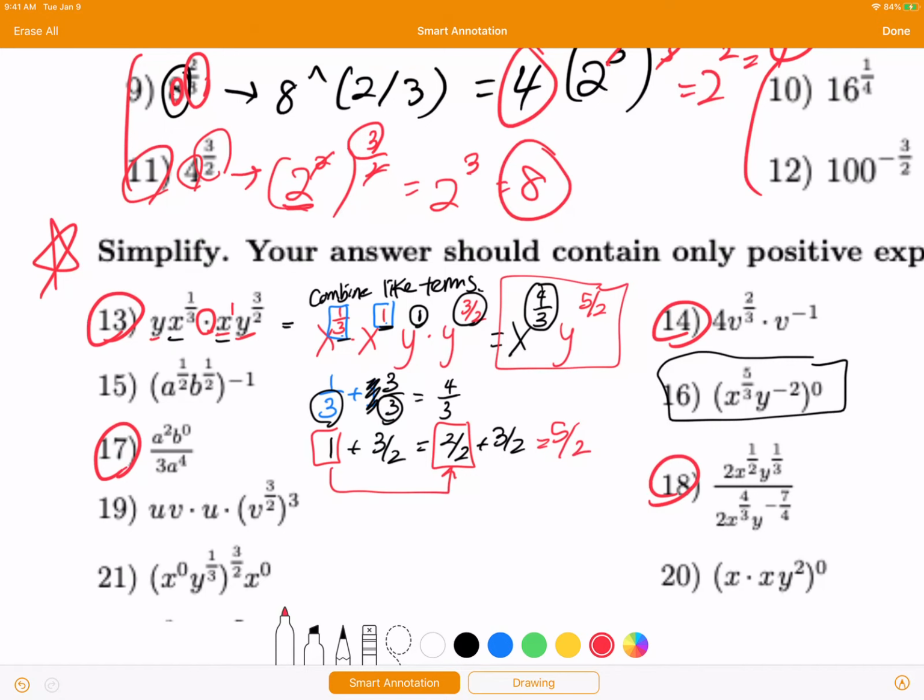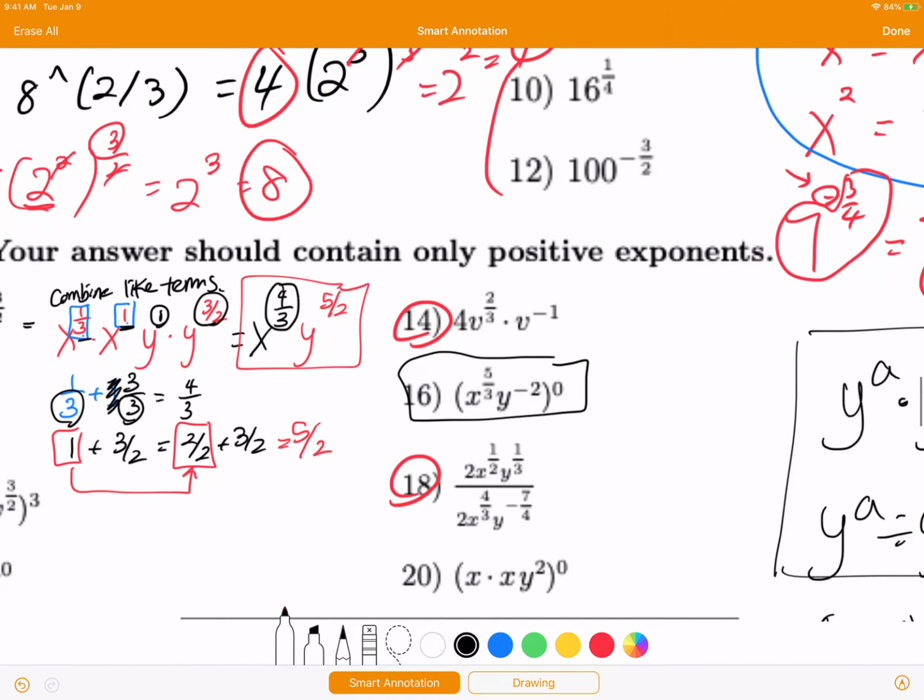Okay, so you add the exponents. What about for question like 14? Well, 14 has a 4 in the front. What do we do with the 4? Nothing. You just put the 4 in front of it. Well, what if this one had a 2 in the front, like this? That's when you would multiply 4 into 2, and you get an 8. But since we don't have that, I'm just going to erase this and just leave it as a 4 for now. And the v's here is where you guys are